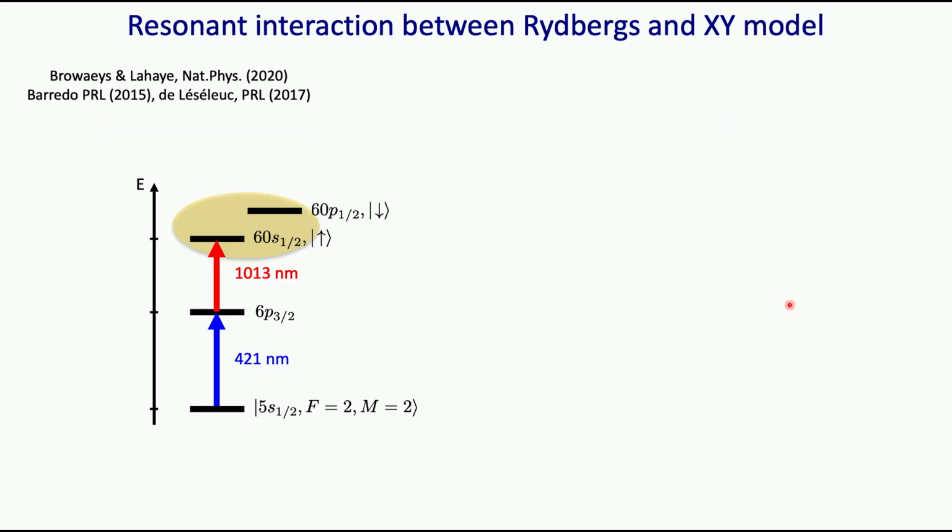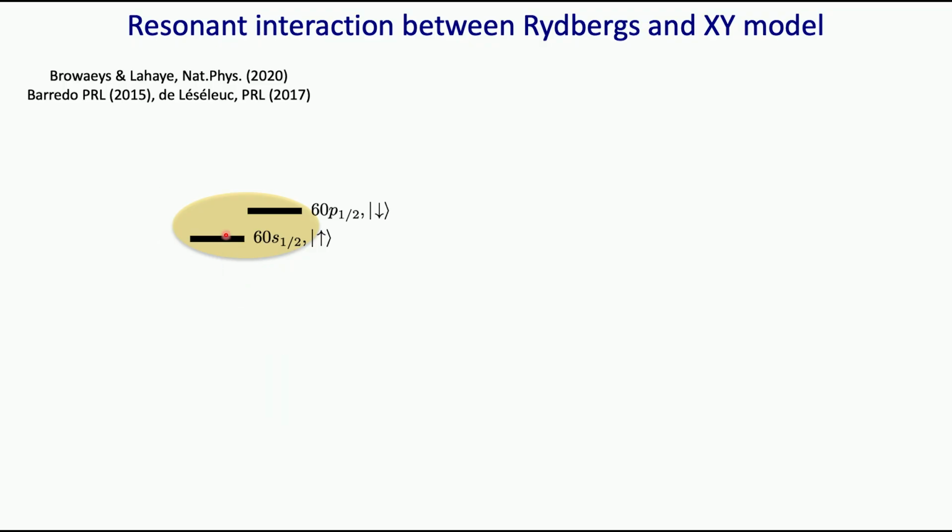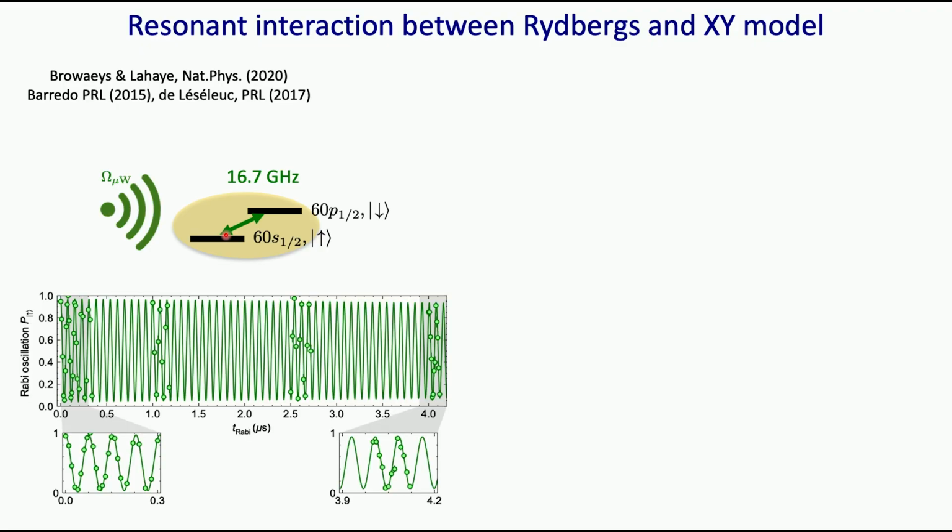All right, so everything we're going to do is different from what Misha explained. We're going to do everything in the Rydberg manifold. Essentially, we have a laser beam with which we excite the atoms that are initially in their ground state up to a given Rydberg state, the state 60S. The exact state doesn't really matter. Everything now is going to happen by mapping our system on these two states, so it will be a two-level system, spin up and spin down. And these two states can be manipulated easily by microwaves.